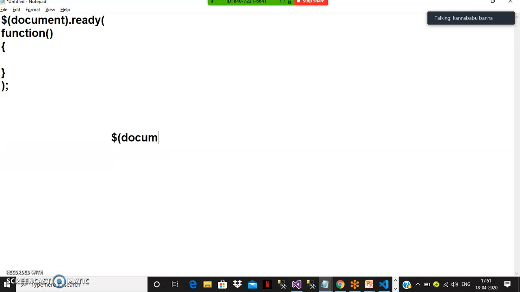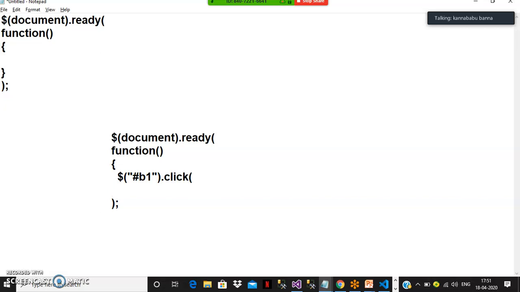Simply I write document.ready. It is one function. Now keep the cursor in the middle. Here you declare one more function, bracket open, bracket close. Immediately when you open the bracket, you have to close it. Inside that you write some logic. Similarly, if you want to write anything else, $("#b1").click(), it is also one function.